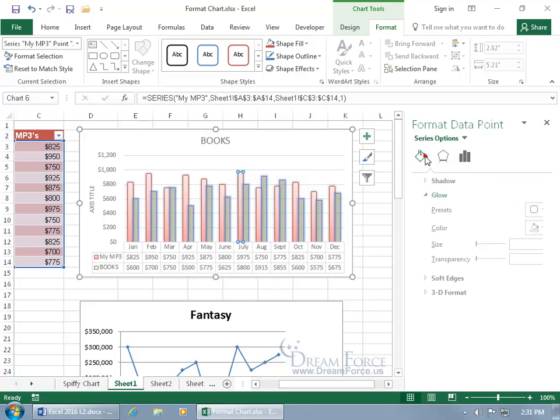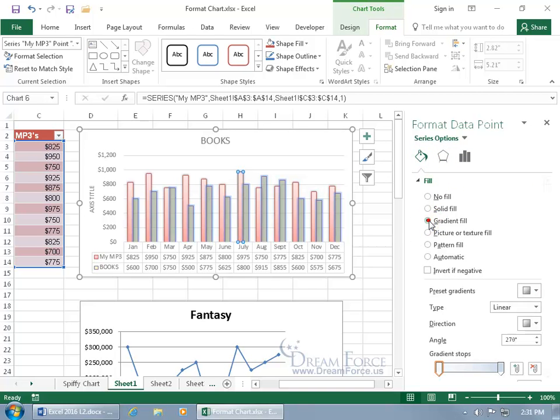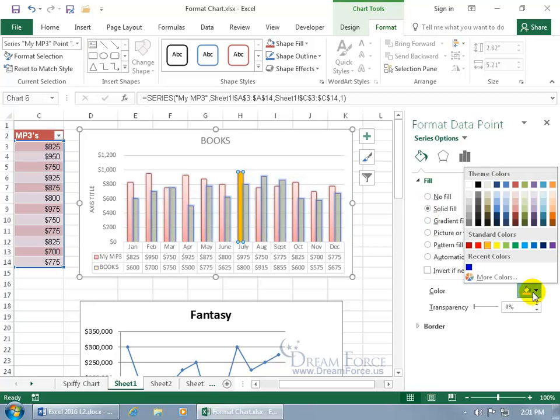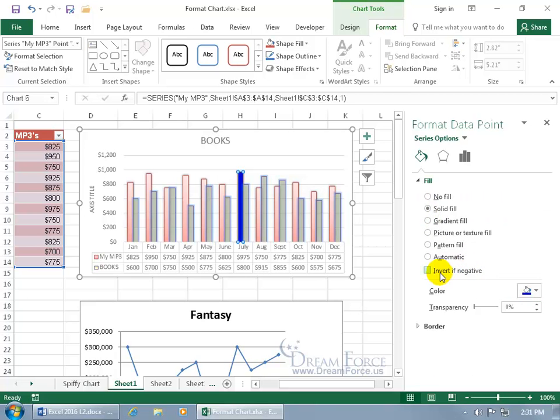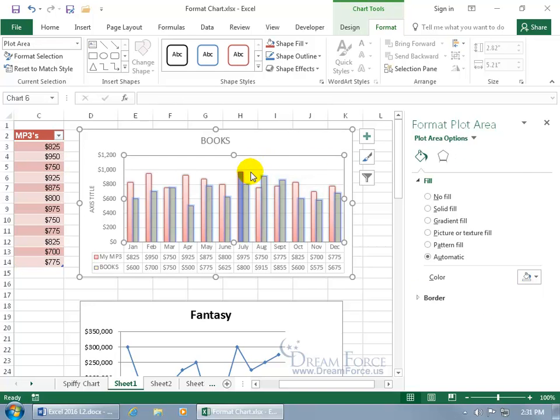And let's go back to the fill, select a gradient fill. Well, I don't want gradient fill, we can do a solid fill, something that really pops out, and click the drop down arrow, maybe a dark blue, and something a little bit transparent, so it kind of blends in with the rest, but not too much, but really stands out. So after you click off of it, you can say, okay, that one really takes the cake. That one we want to focus on because we had the most success in sales for the month of July